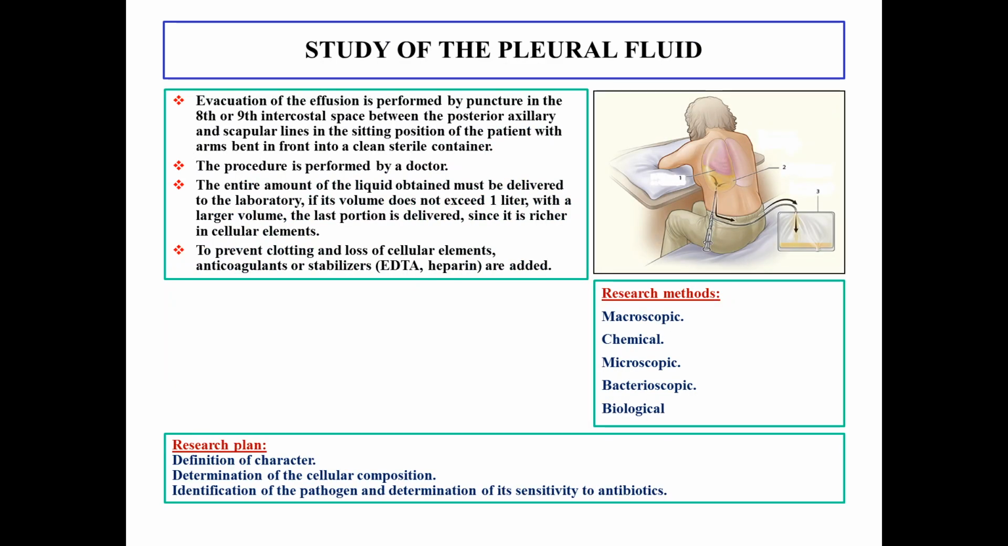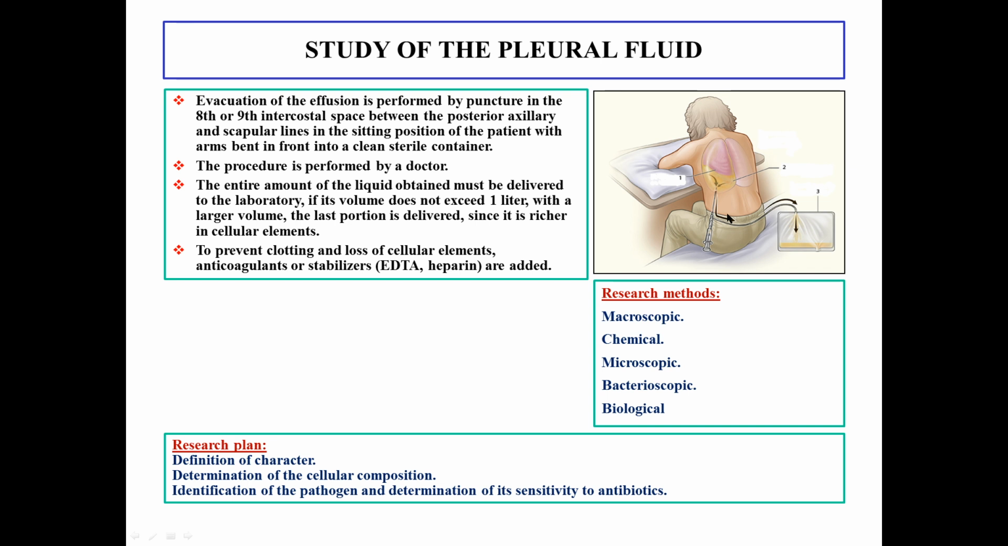Study of the pleural fluid. Evacuation of effusion is performed by puncture in the 8th, 9th intercostal spaces between the posterior axillary and scapular lines, with the patient in a sitting position with arms bent in front, into a clean, sterile container. The procedure is performed by a doctor. The entire amount of liquid obtained must be delivered to the laboratory